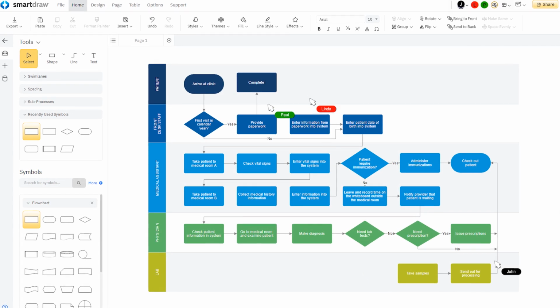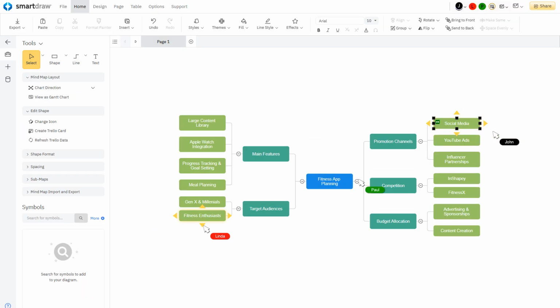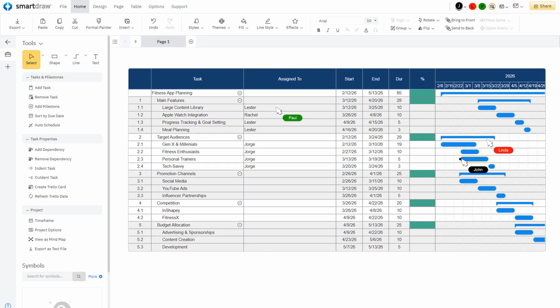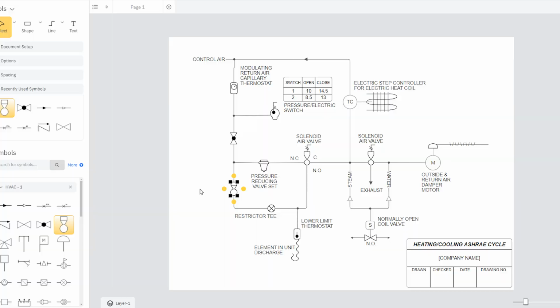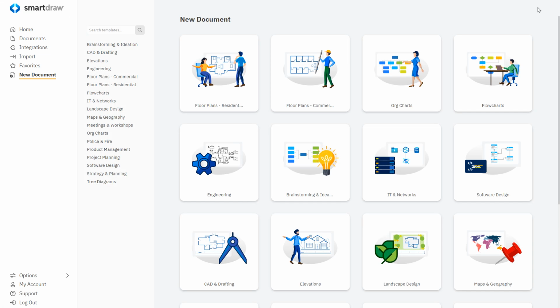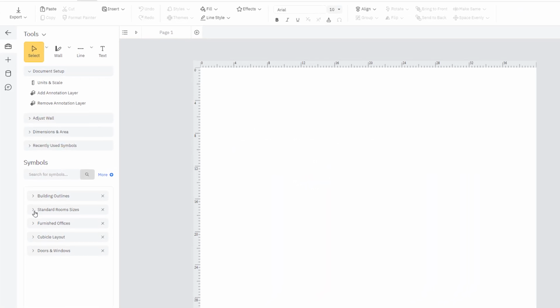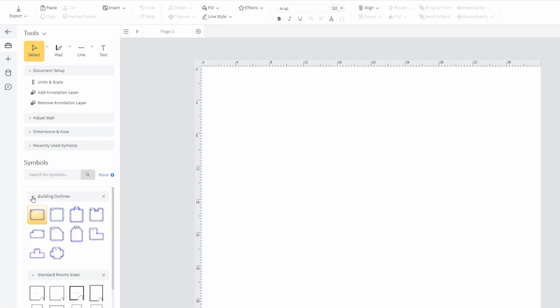Support your entire organization with flowcharts, organizational charts, mind maps, project charts, technical engineering diagrams, IT diagrams, and more. SmartDraw includes quick start templates for all kinds of different diagram types, from flowcharts to floor plans. Picking the right template is critical because each one is designed to make it easy to create that particular diagram